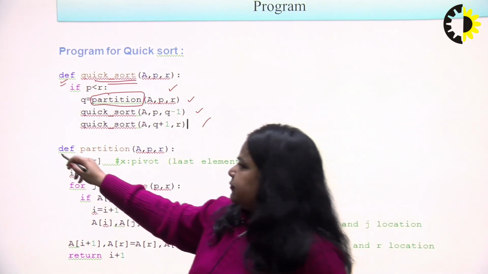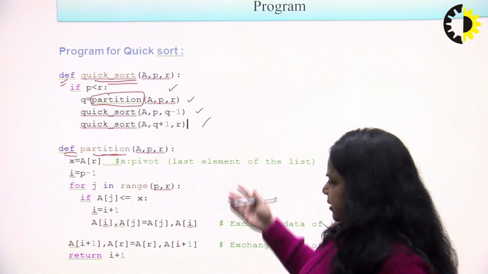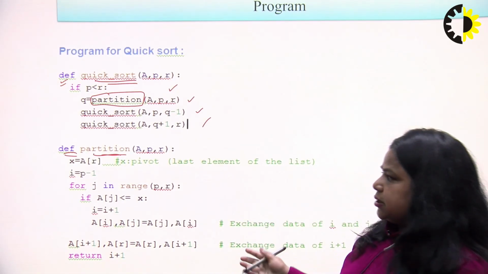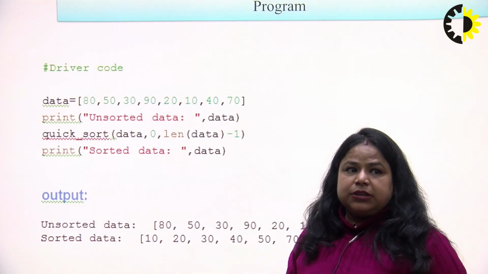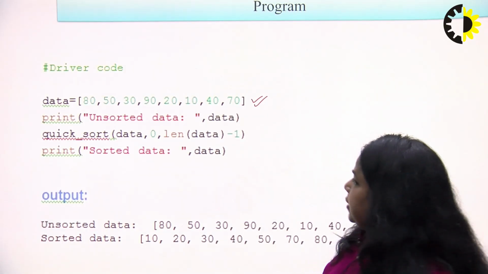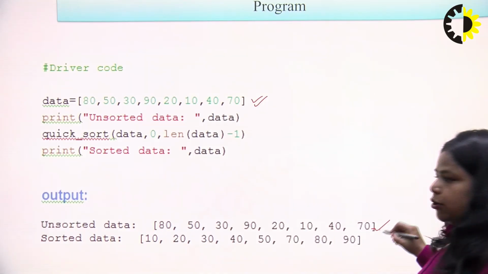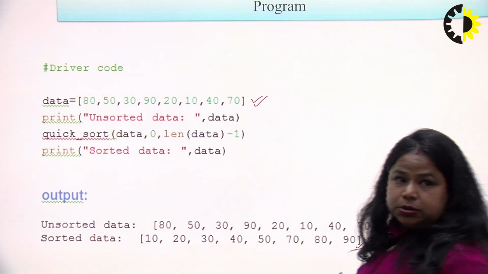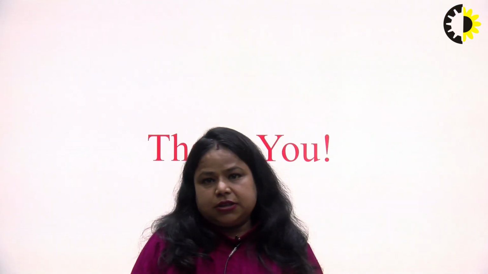So we use the function def, and then we call the partition function, and in the same manner as the algorithm works, we will write it in the code also. In that code, suppose I give the data in this form, then initially it will print both the unsorted data and the sorted array also, right? So this is the way the quicksort algorithm works.